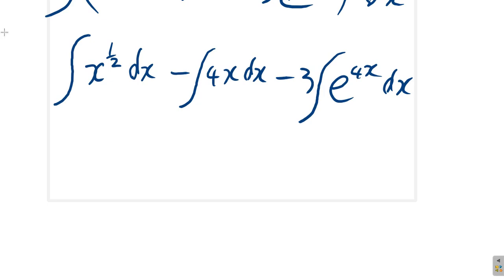Alright, now what's the integral of x to the half? Using the power rule, it's x to the half plus 1, add 1 to the old power to get a new power, and divide by that new power that you just got. Alright? Minus,